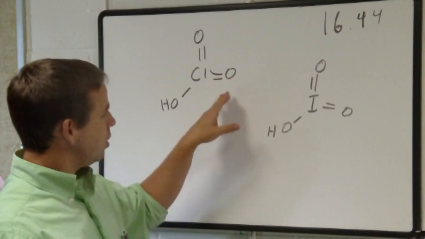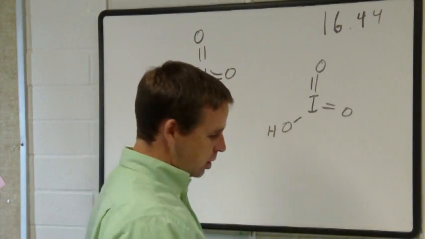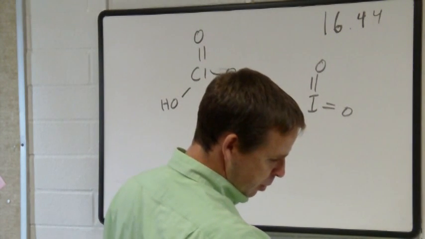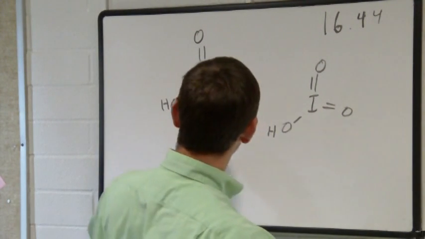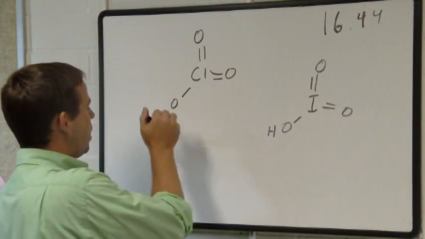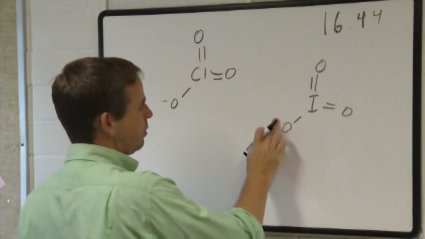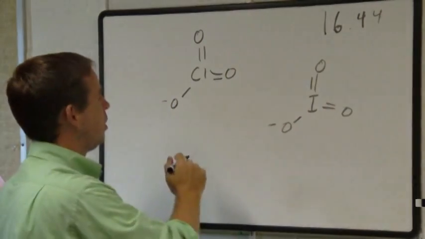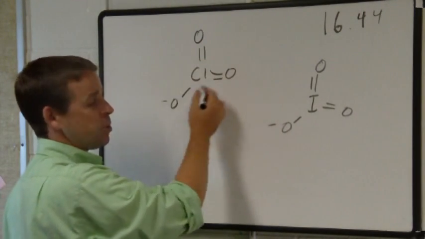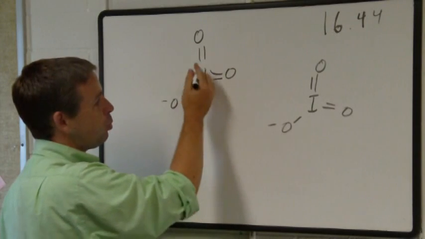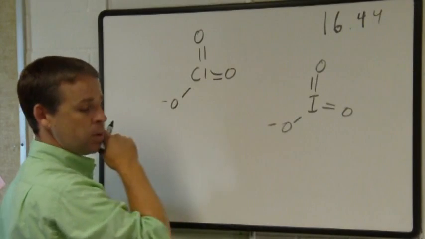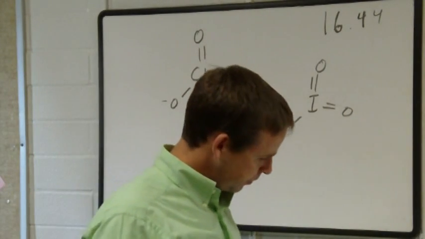But in this scenario, the more electronegative one has the ability to stabilize the negative charge that's going to form. If we form that negative charge here, and we form this negative charge here, which one is going to be more stable? Well, they have the same number of oxygens for this negative charge to run to. But chlorine also wants a little bit of electron density. Iodine does too, but not as much as chlorine, because chlorine is more electronegative. All right,